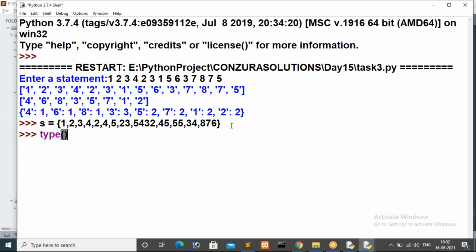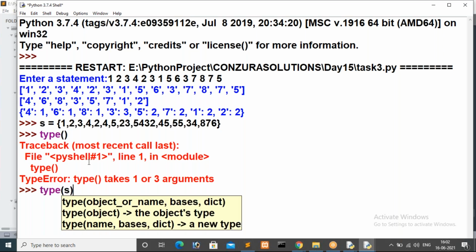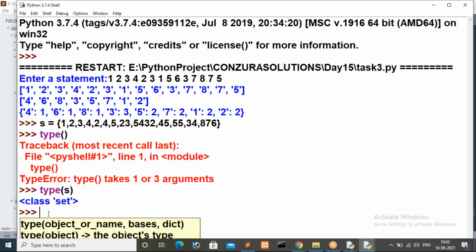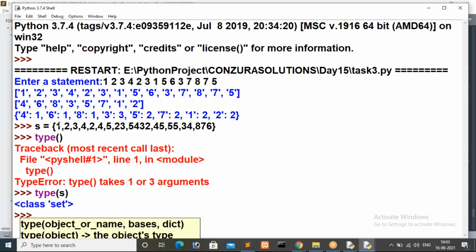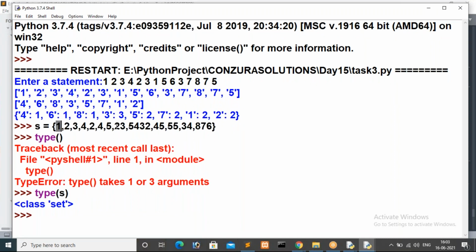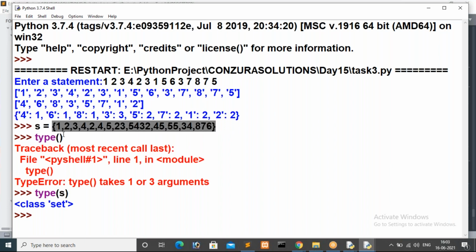For your clarity, type of s, yes, just see here, that is a set type, because we are using curly braces only, but those curly braces have individual values, 1 comma 2 comma 3 comma, something like that. So that's why I call this a set type. Now I already told you that while initializing it will take duplicate values. Here, how many times is 2 repeated, guys? 2 is repeated 2 times, then 3 only once, and 1 is repeated 2 times.